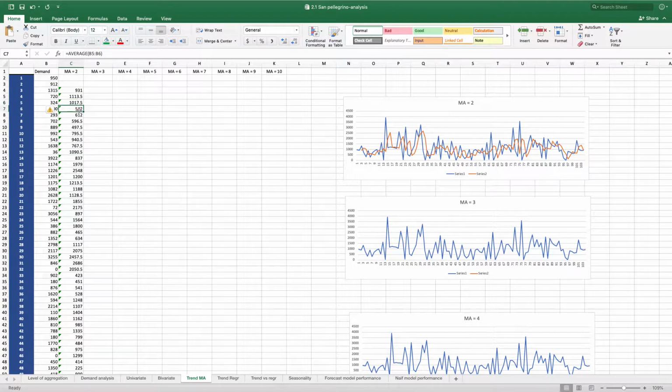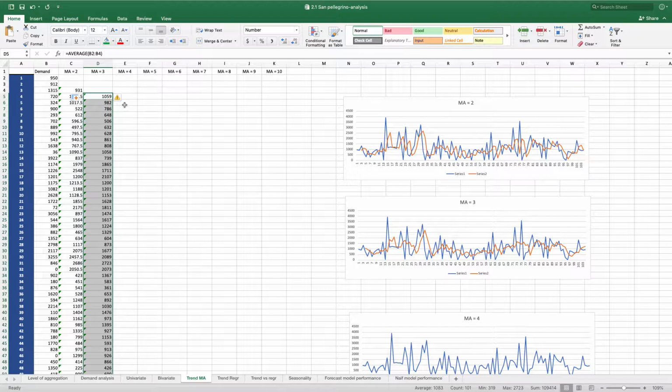and check that everything is correct. Yes, it seems to work. And you see that here you have in blue the demand and in orange the moving average. You see that with k equals 3, you scroll down,